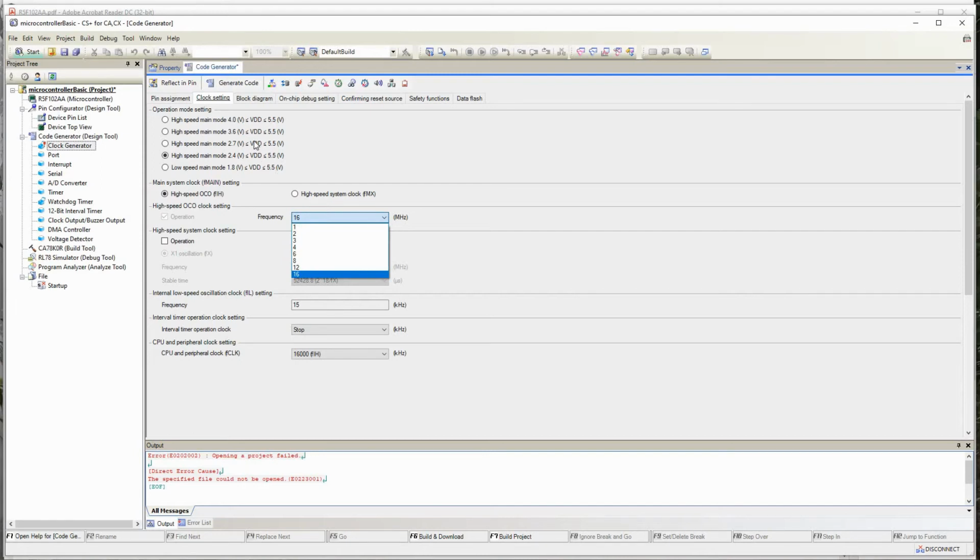So let me select 2.7 to 5.5 volts, where I can get this option. Let me run at the max speed. These are basic things we have to do, and as we get into more advanced classes, we will explore each and everything. For now, let's just fix the frequency and generate the clock. Once you generate the clock, it will set the configuration bits to generate the clock.